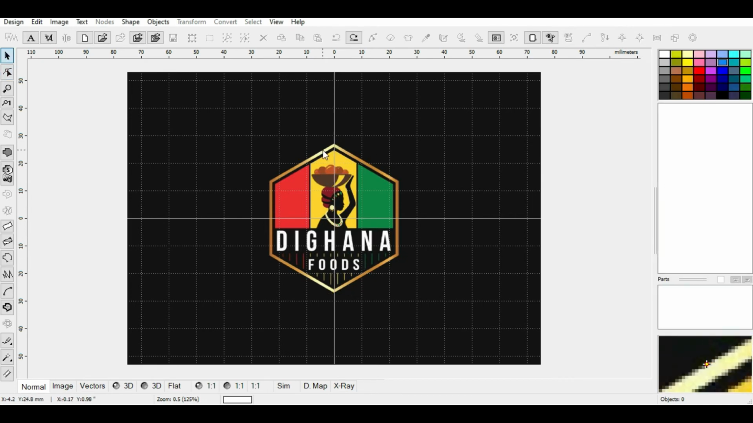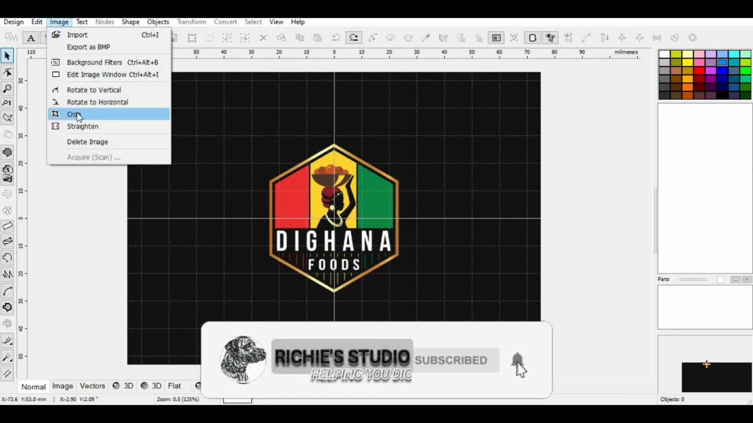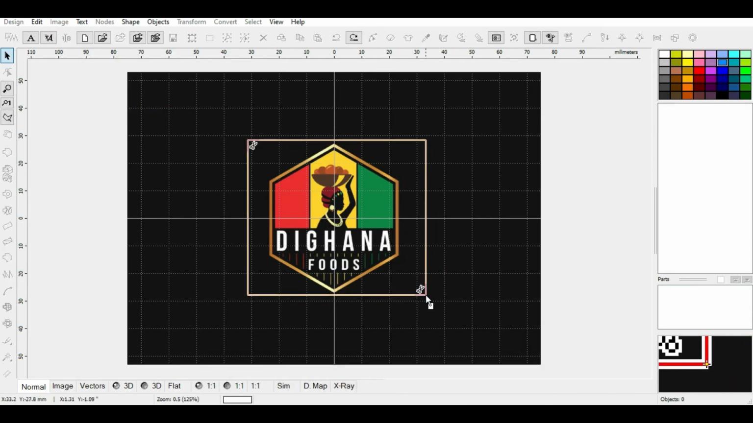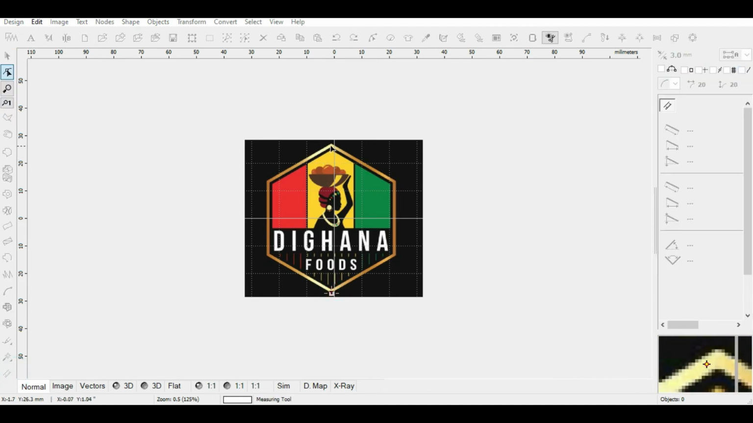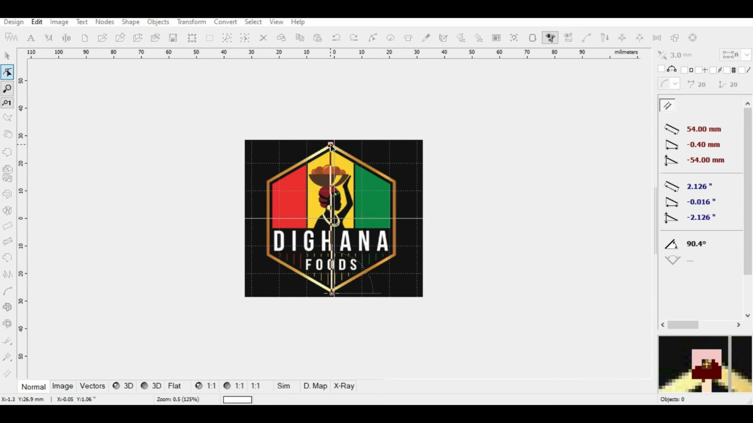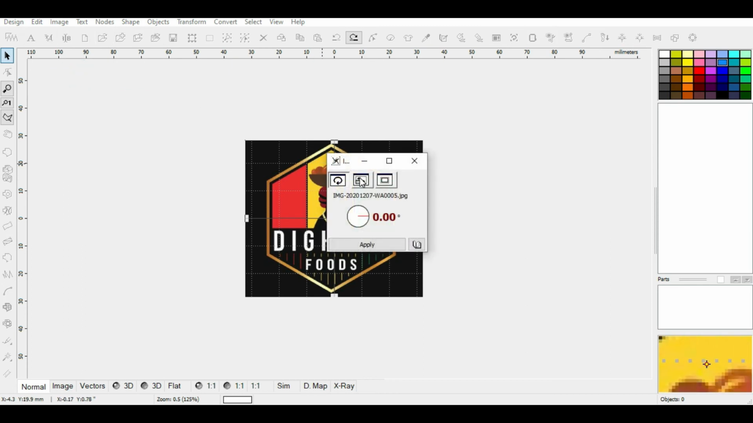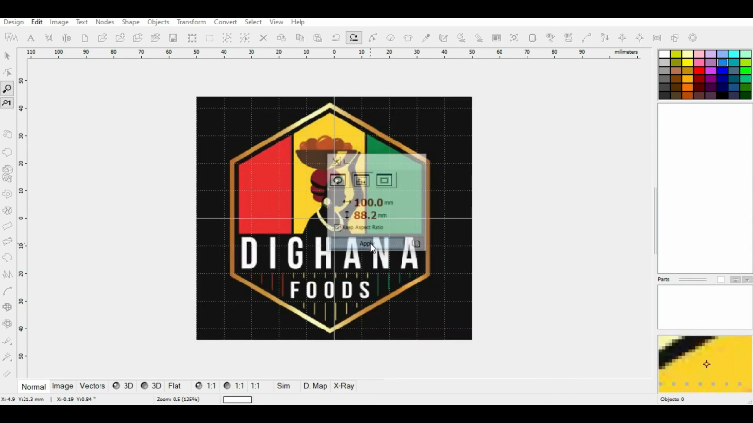So for you to get the 4 inches, you go to image, then you crop it. I'll teach how to crop images too in a different video. So you crop it. When you crop it and you measure your logo, it's around 2.1 inch. So this time when you go to image and you go to edit image window, you can change the size to the 4 inches that you want, that is 100 millimeters. You click on it and you click on apply,